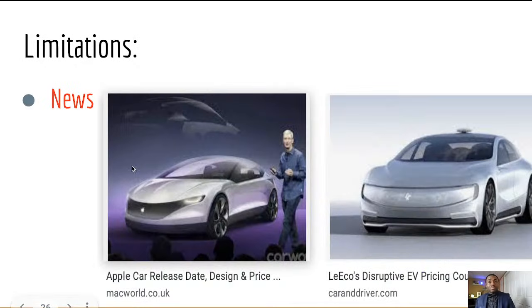Another news catalyst that would be positive, Apple. Let's say that Apple was going into a downtrend, and then all of a sudden they say, hey, look, we're dropping the Apple car early, and it has longer range than Tesla, way better battery, it's quicker to charge, it's safer, all of these great things. This would be a news catalyst that even if Apple was in a downtrend, it would turn into an uptrend. Or if it was in an uptrend, the uptrend would get even steeper and basically turn into a rocket. So there are great news catalysts, there are bad news catalysts, but you have to use them in technical analysis